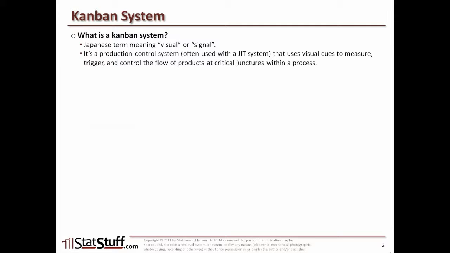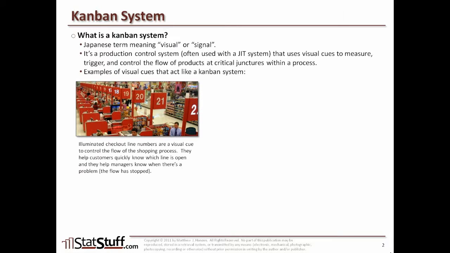So a Kanban system is basically a production control system, typically with a just-in-time inventory system, and it uses visual cues that are used to measure, trigger, or control the flow of items going through a process, especially at critical junctures within the process. So let's walk through a couple examples that you might have seen in an